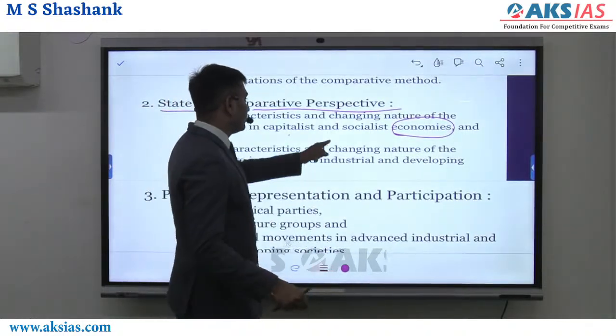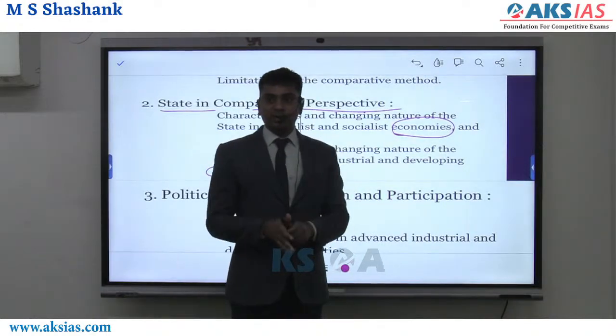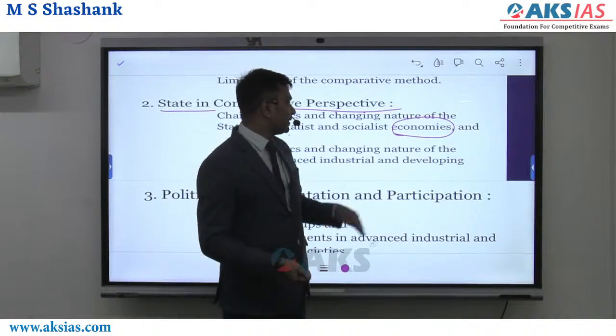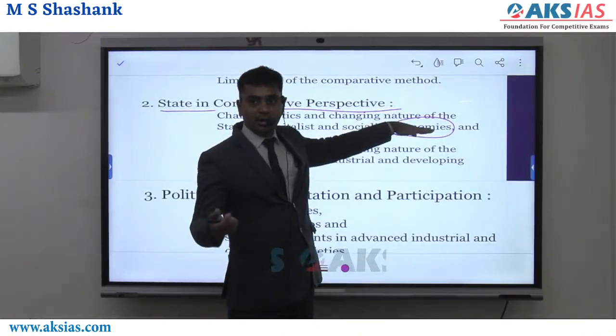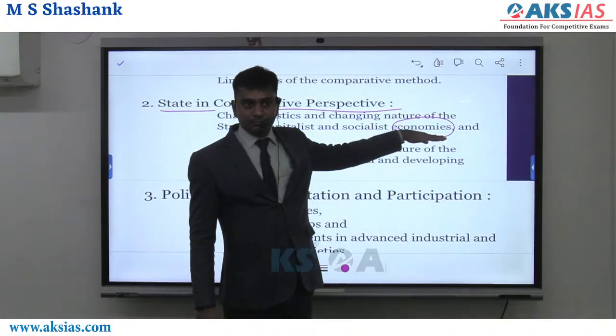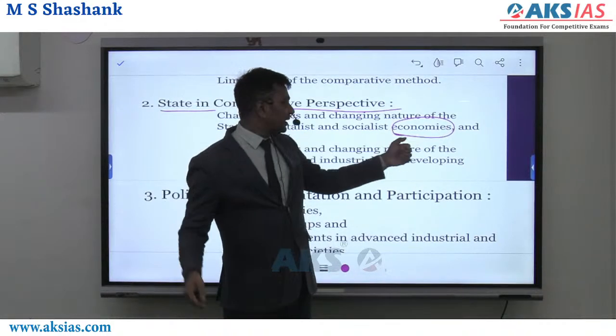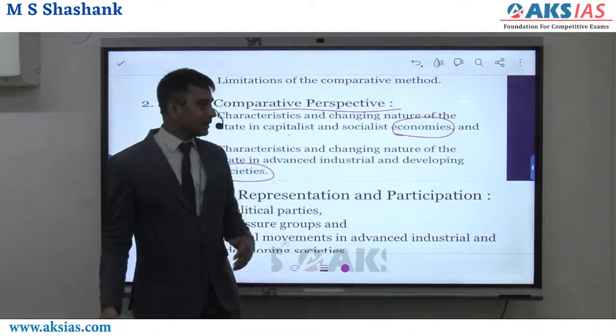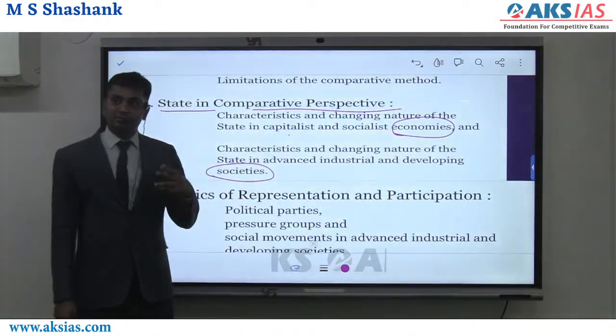More or less, India will come into this segment. Why? When you divide the economies into two types, as capitalist and socialist, in the first 60 years of our independence you followed the socialist model until our reforms. Hence, whatever is applied in India will be applied here. But in developing countries, in capitalist countries, the state will function in a different manner.